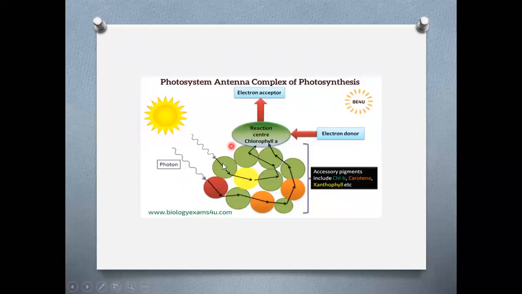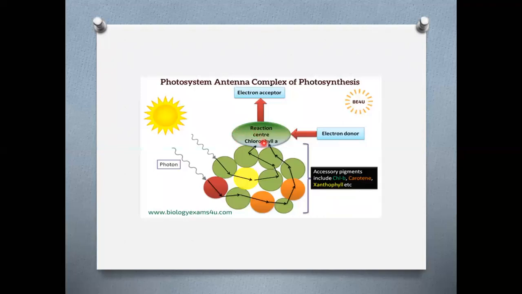So this is a complete photosystem, more focused here. A photosystem contains a complex of photosynthesis. Sunlight in the form of photons, these are called packets of light. Like you went to a grocery store, you grab a pack of snacks, and each packet contains a particular snack. So light travels in the form of packets, and those packets are called photons. A photon of light falls on this pigment. From this pigment it travels to the next, to the next, to the next, and all of these pigments absorb light and channel that light to a particular reaction center.